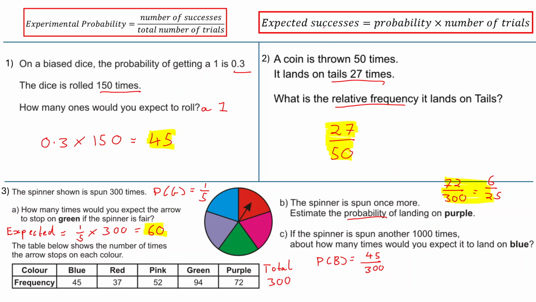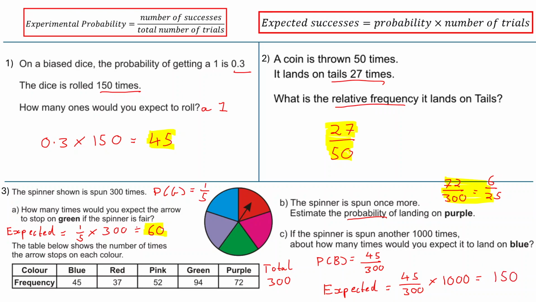And using our formula, expected is your probability of getting a blue based on this data from the experiment, which is 45 out of 300, and we're timesing that by our number of trials, which is 1,000 now, so times that through by 1,000, and we can put that into our calculator. So 45 over 300 times 1,000, which is equal to